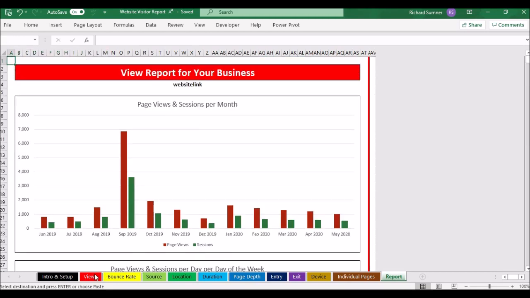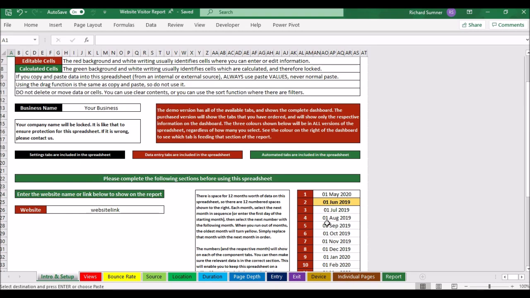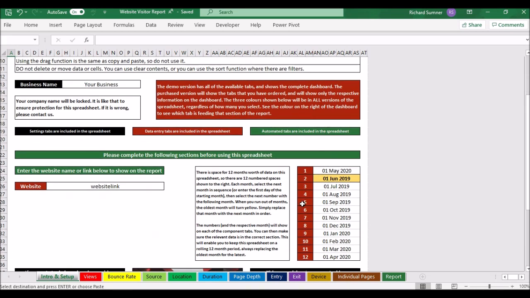So let's just go back to the beginning, and I will do a very quick recap. Right, so the first thing to do is set up the 12 months, for the first month at least. If you're going to do 12 months worth of data, do one at a time. And as I said, as you select each month, it'll give you the next month is dropped under. So this is telling me that the 1st of June 2019 is the oldest of the 12 months. So when I come back here again next month, I'll do the 1st of June 2020, and then I repeat that